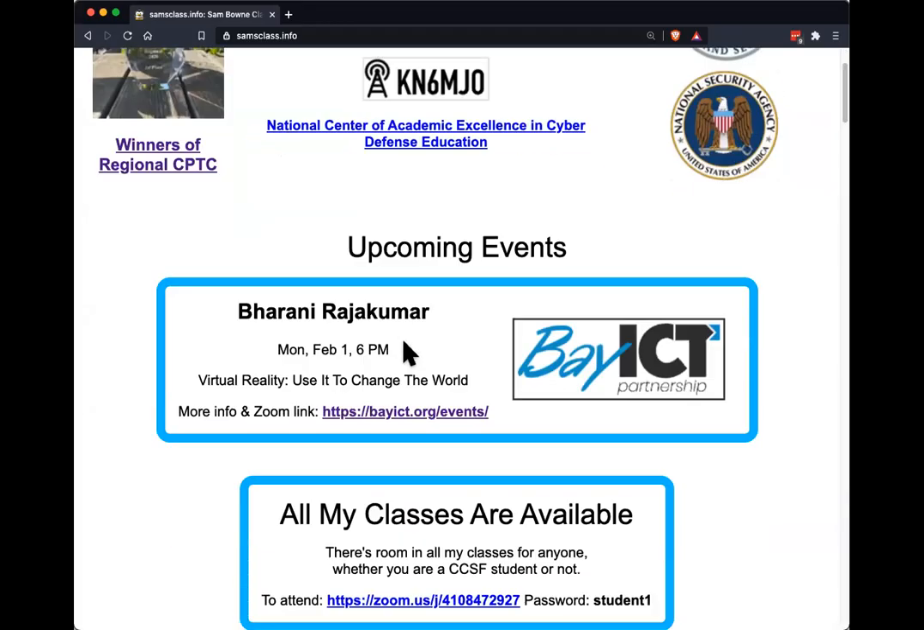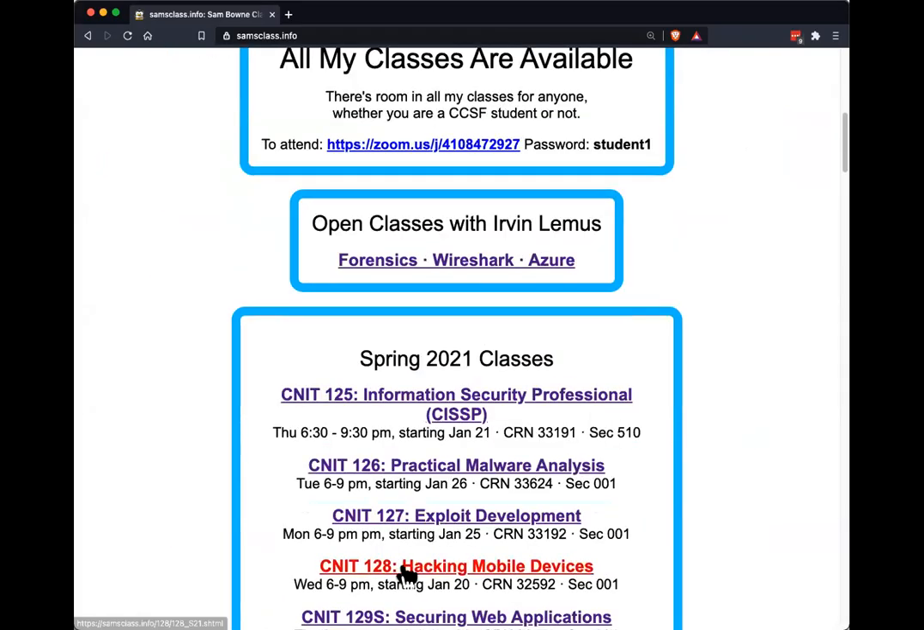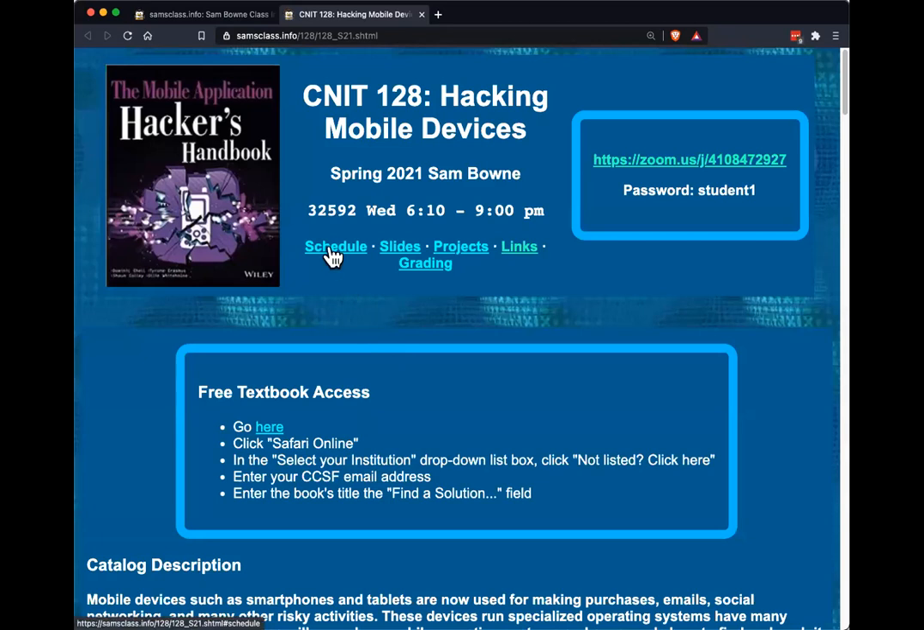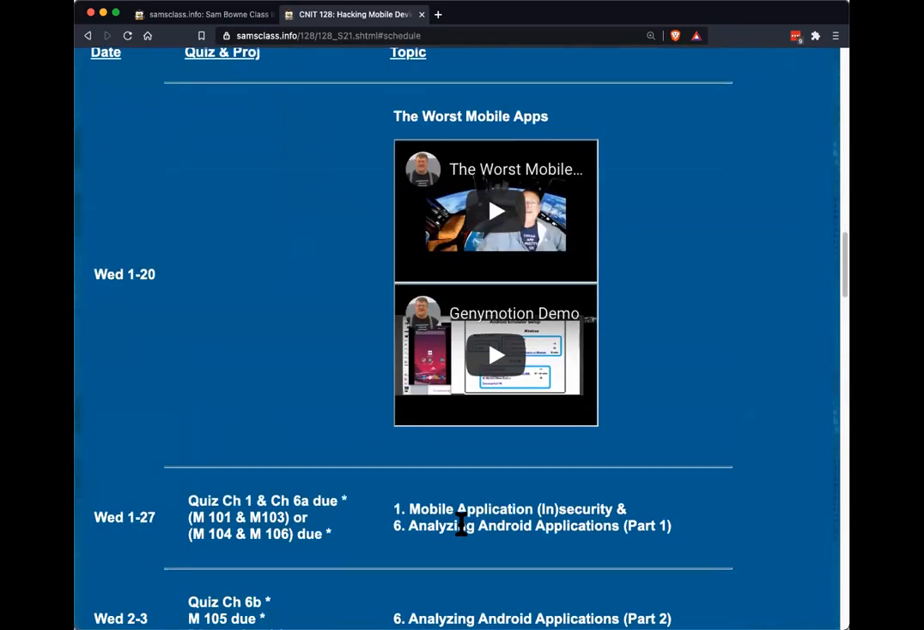All right, so here we are. This is 128, hacking mobile devices. And you look at the schedule here, we're in the second class here. Now, they are not doing the chapters in the book